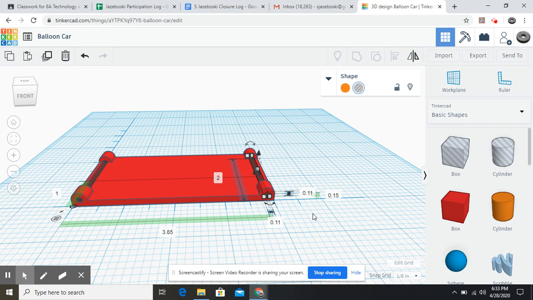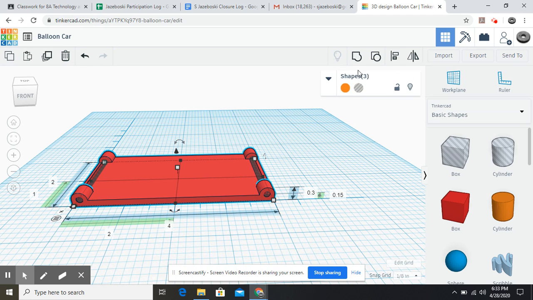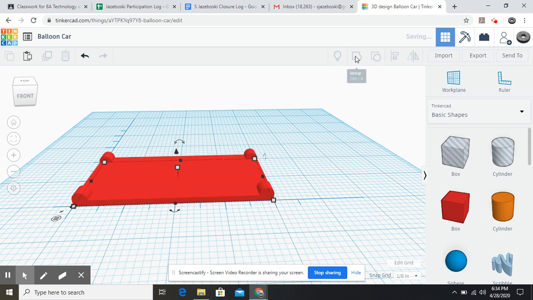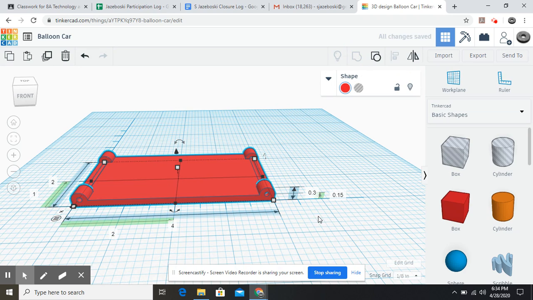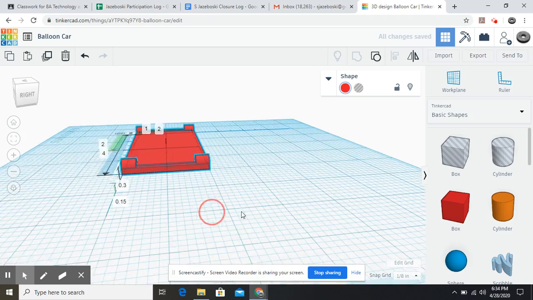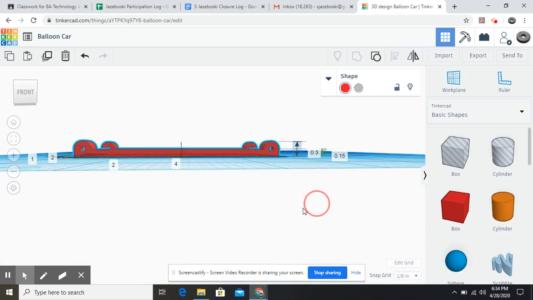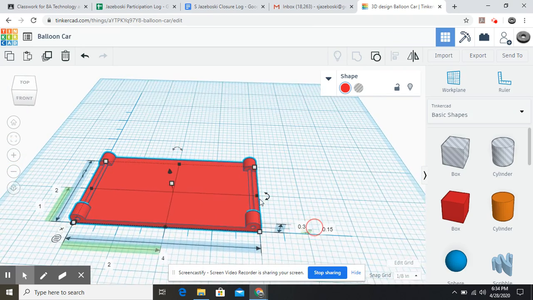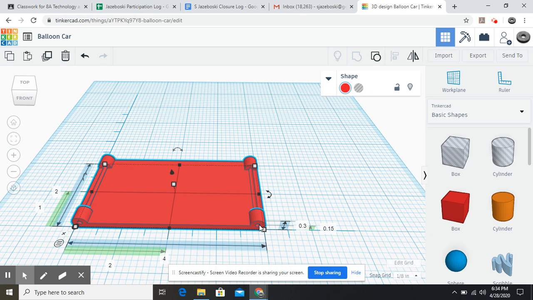When we get that done, we're going to group this as one object. So once again, put your arrow more up towards the top left on the work plane. Click and drag down. Once everything's selected, we go up here to the group icon. Once again, you can see where I'm pointing to. That's the group icon. Click on that. And when we click on that, what you'll see is we have this area cut out for the axle to